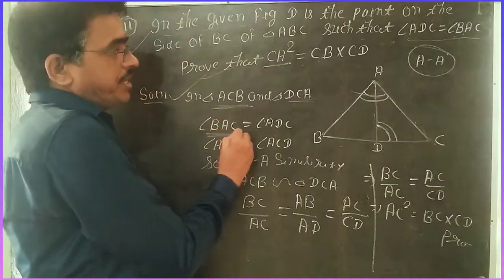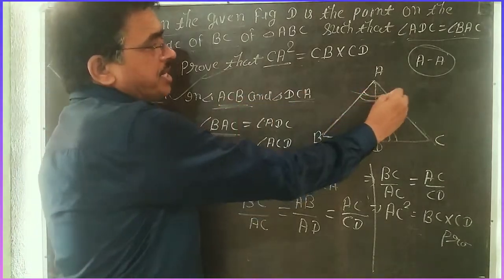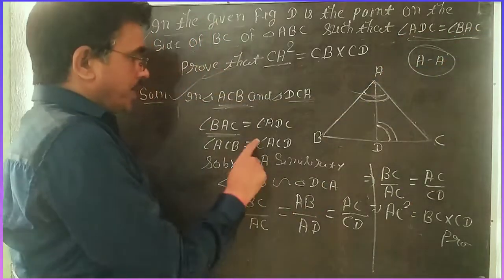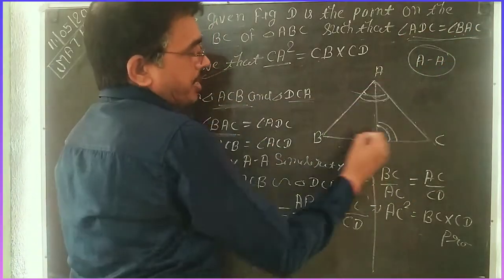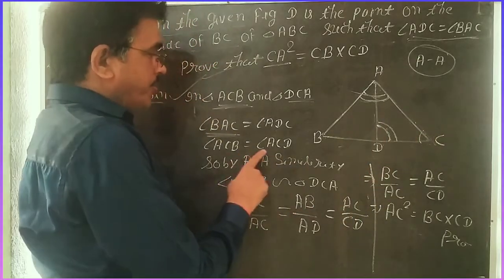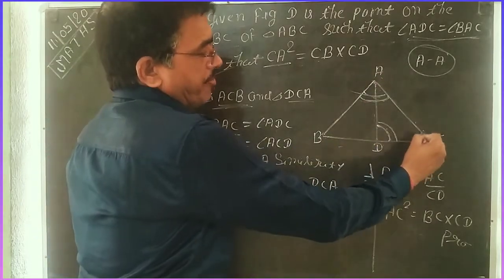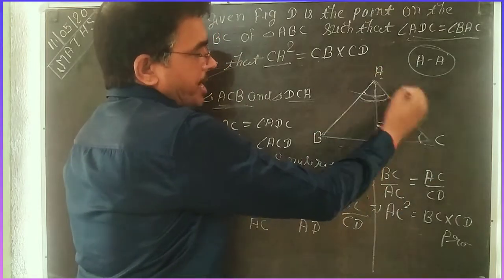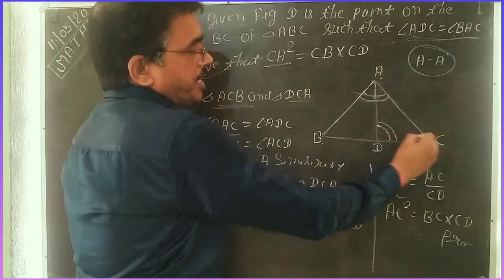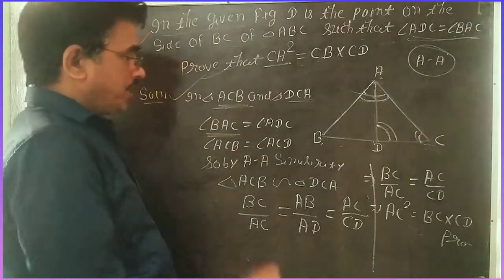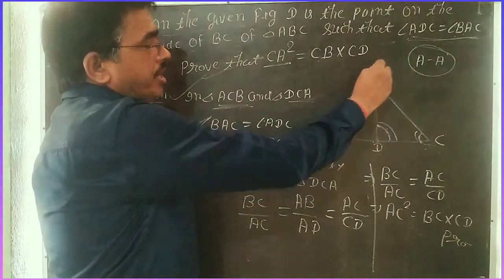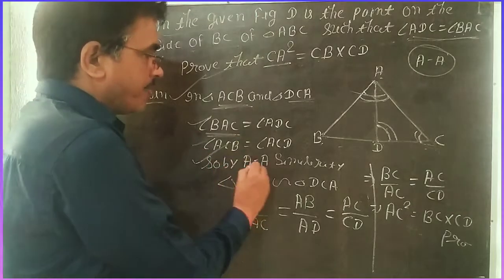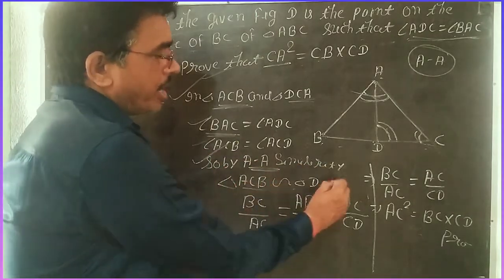What is the relation between them? First find BAC. In triangle ACB, angle BAC is equal to angle ADC because it is given in your question. Next, angle ACB is equal to angle ACD, both angles are the same. One is in the small triangle, another in the large triangle. In the large triangle the name is ACB and in the small triangle the name is ACD, but both are the same angle. So two angles are equal in triangle ABC and triangle ADC. If two angles are equal, then it is clear that by AA similarity these two triangles are similar.